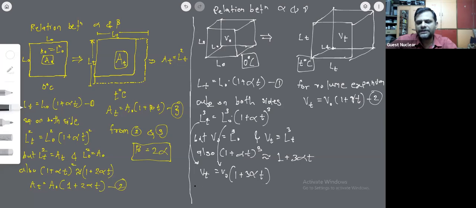And now just compare this with the expression for volume due to temperature, which we already have here. So this equation we have, if we compare it with this, look carefully: V_T is equal to V naught into 1 plus gamma t. If we compare, see what we get. Look, V_T is in its place, V naught is also in its place, 1 is in its place, even t is in its place. The only difference here is that the coefficient of t, which is actually